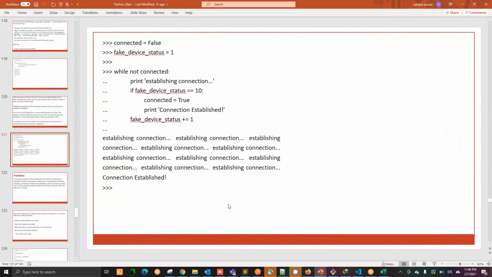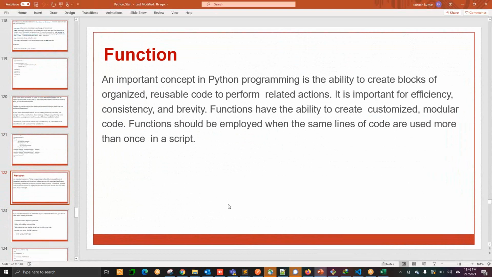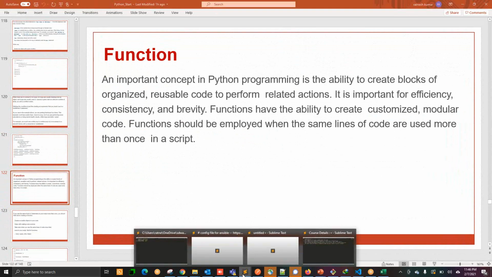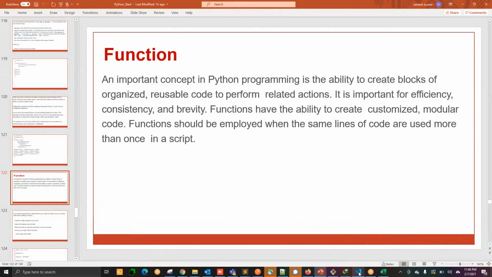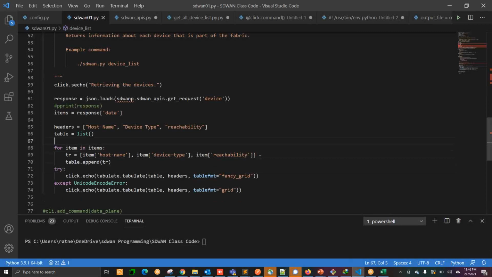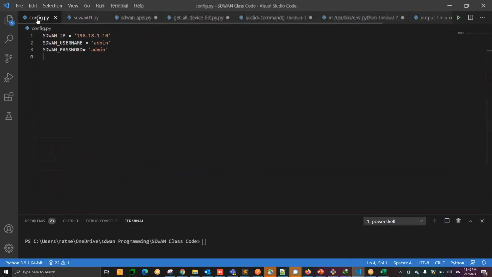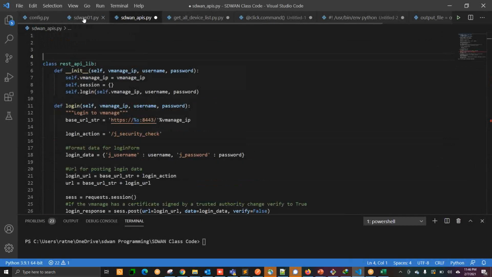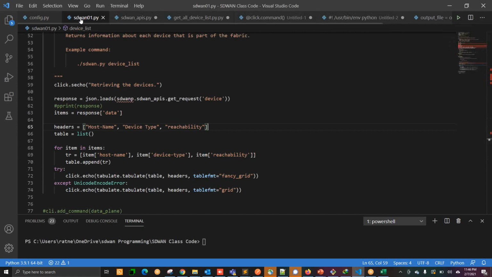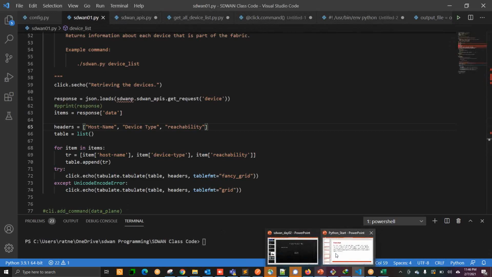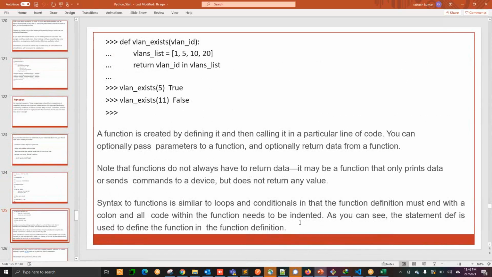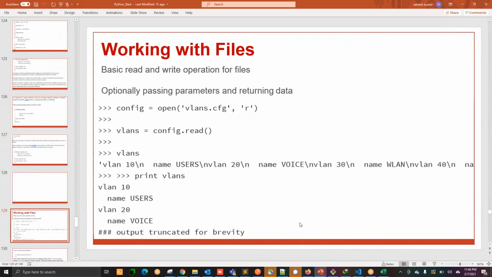So loops and functions are among the most important things in our programming, because we are going to use more and more functions. Once you have your config file, that's your variable. Once you have the library, inside the library you can define the functions, and in the task area simply call the function and that's it. Call the function, print it, and your job is done. Same thing we are going to do: define the functions, play with the functions. Functions are the objects you can call.